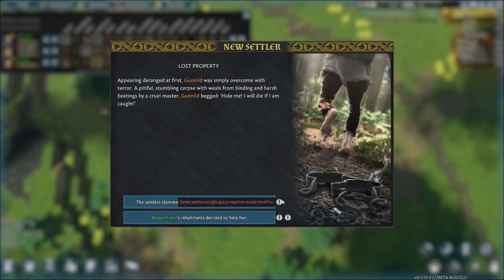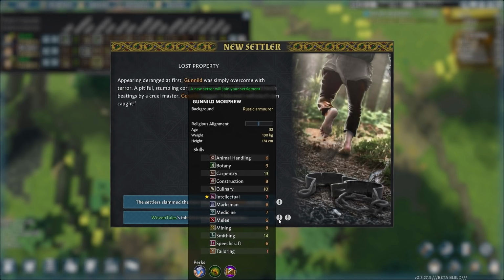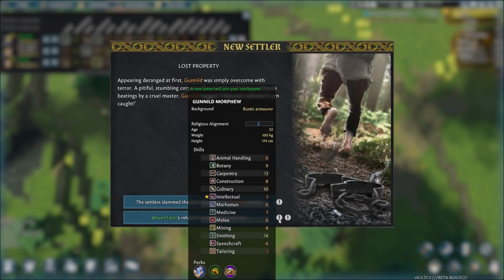Some settlers might get a negative mood modifier. Or Woven Tale's inhabitants decided to help her. It tells us exactly who Gunlid is and exactly what they're capable of, so you can make an informed choice. Gunlid is 52, weighs 100 kilos, is 174 centimeters tall, is a little bit of a...